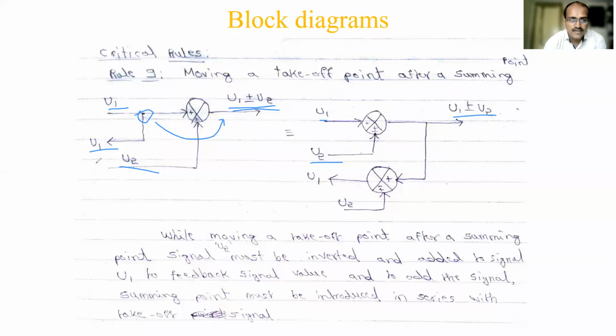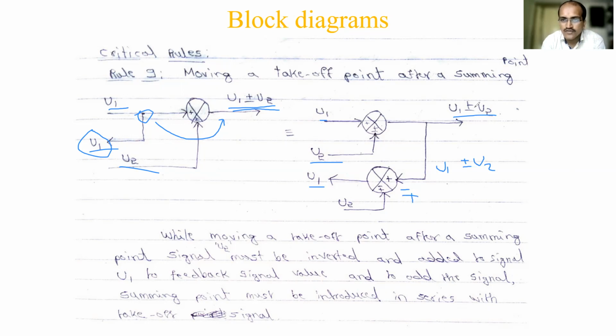But what about this feedback or takeoff point? This one should come as u1. Here it is u1 plus or minus u2. When I take the feedback, what will come over here? Only u1 plus or minus u2 will come, right? Either u1 plus u2 or u1 minus u2, whatever is there, it will come. But what you require is u1. To make that, you require another additional summing point, and with its signal reversed. If plus is there, here you should have minus. See here, minus is shown. If minus is coming, plus is required. So reverse symbols are required.